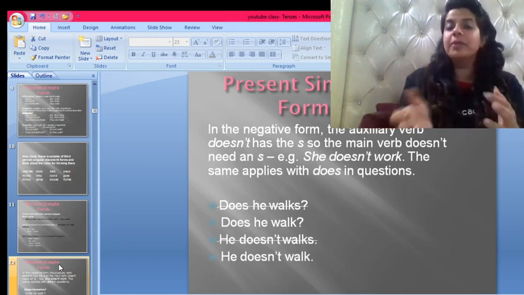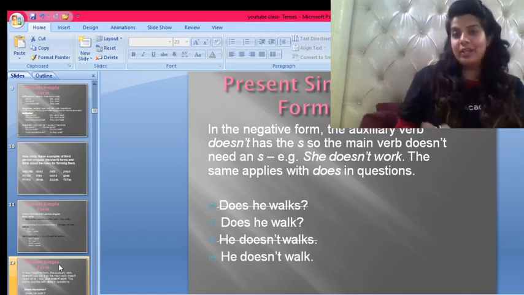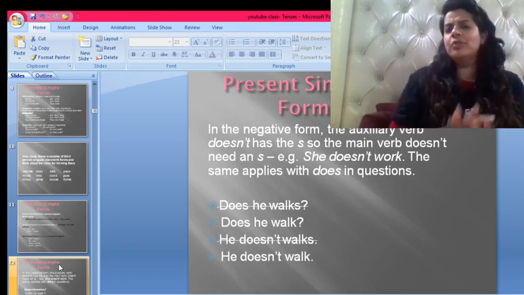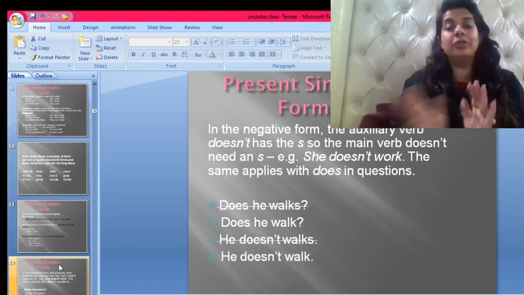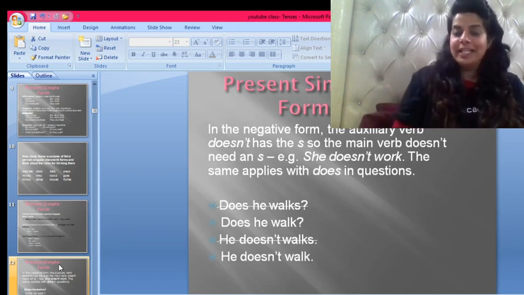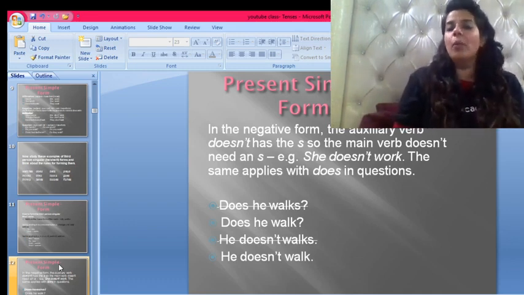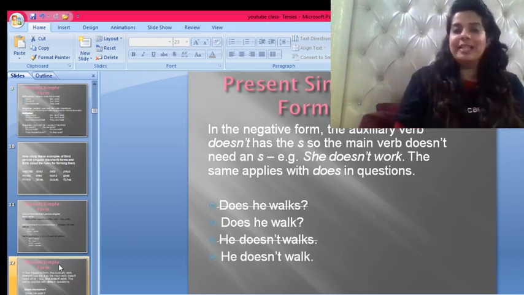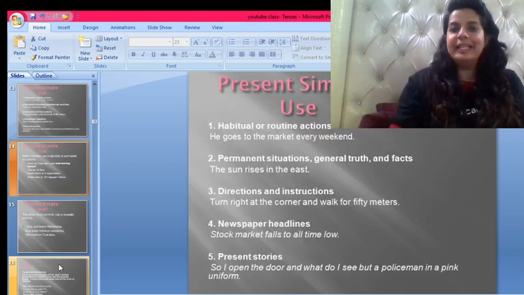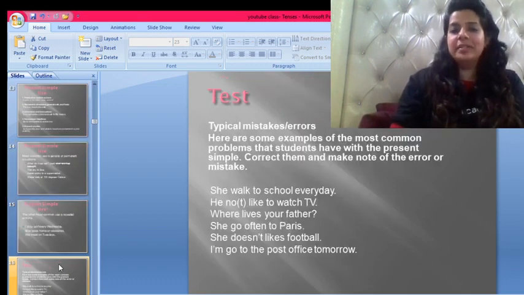That's wrong because we have already written s, we already have s in it, so we need not add an s after the verb. Okay, so the correct forms are, does he walk? He doesn't walk. Okay, in both the cases, the verb does not have an s. Now, let's understand